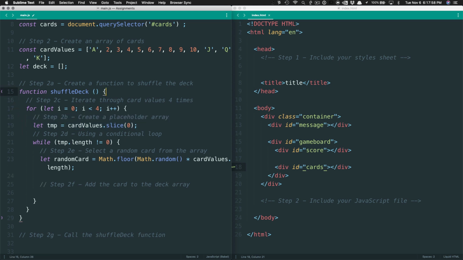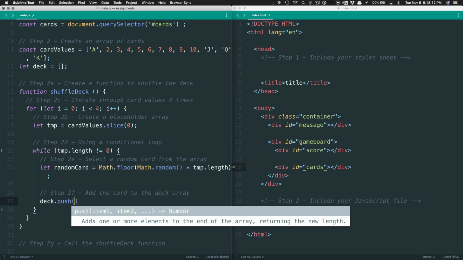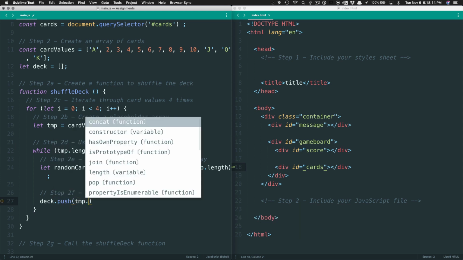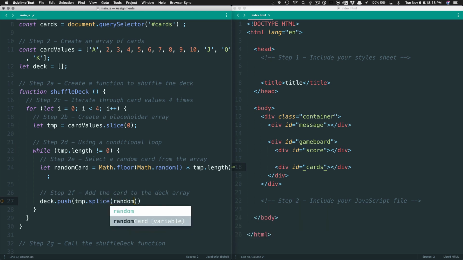So then in random card, it's Math.floor(Math.random() * temp.length). Then after that, it will be deck.push, and then deck.push(temp.splice(randomCard, 1)